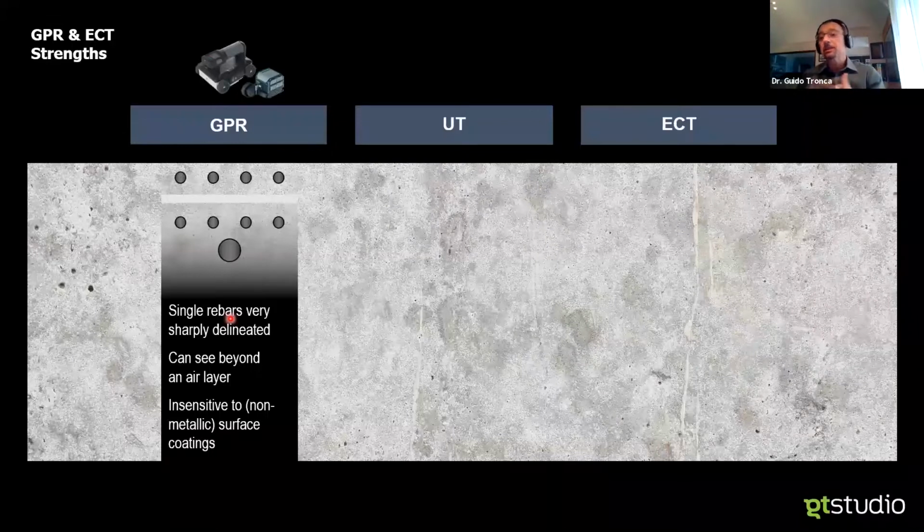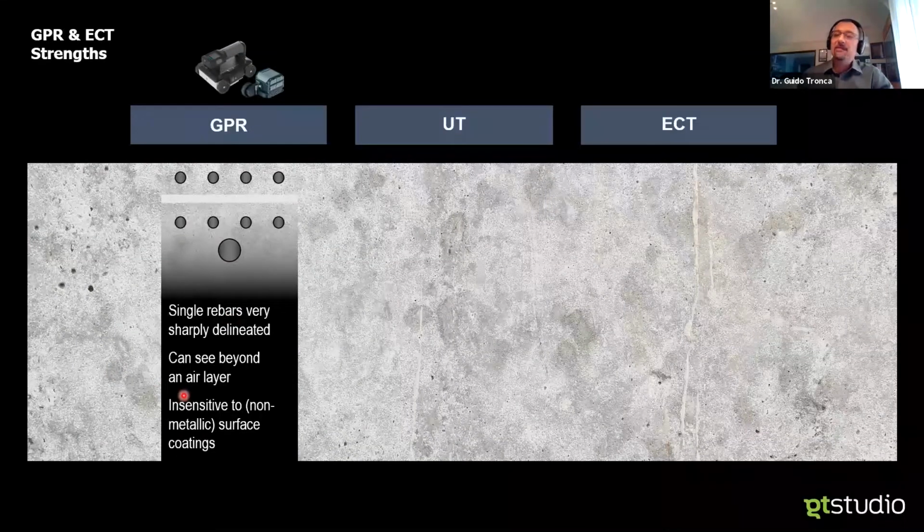Air is not a barrier for GPR. Hence, we can investigate through air. It's a good thing. We can have our instrument rolling on wheels. If I have a small air interface, I can bring my insight further